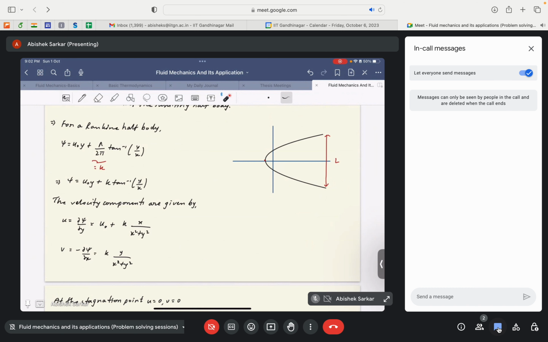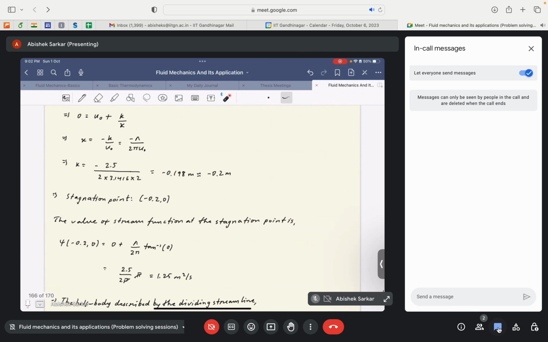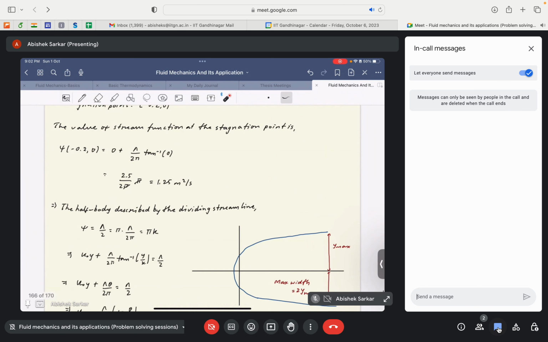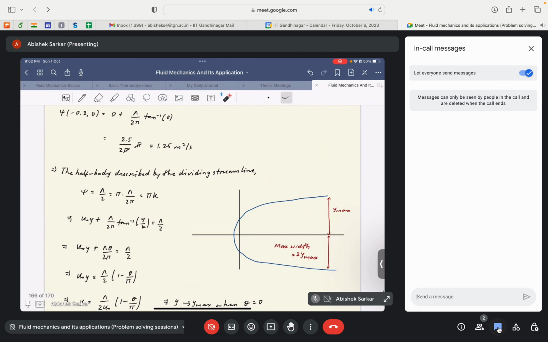That will actually be the wall or the surface of the Rankine body. Okay, half Rankine body. So to find the equation of a streamline, we will find the value of the stream function at the stagnation point. Okay, so psi at minus 0.2 and 0 is given by this expression. So it is equal to 1.25 meters square per second. Okay, then we just substitute this value in the equation of streamline. So